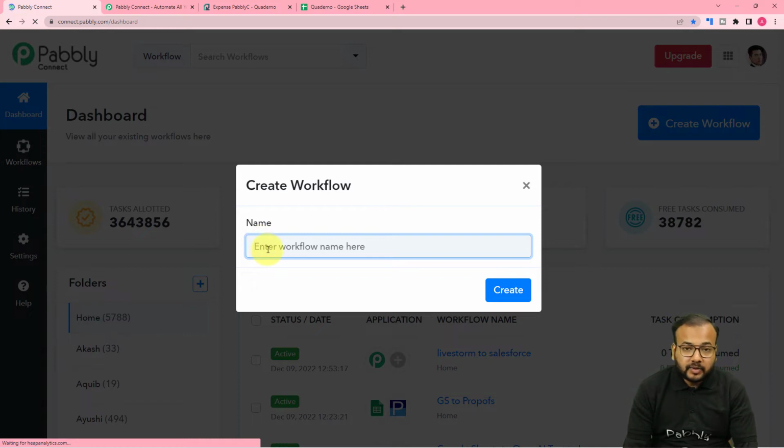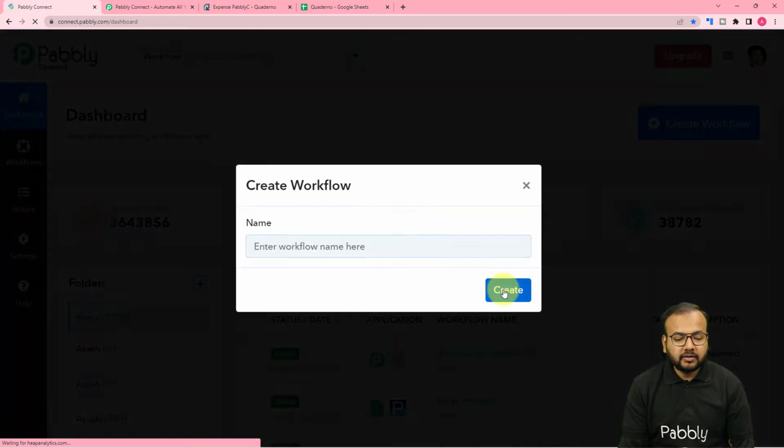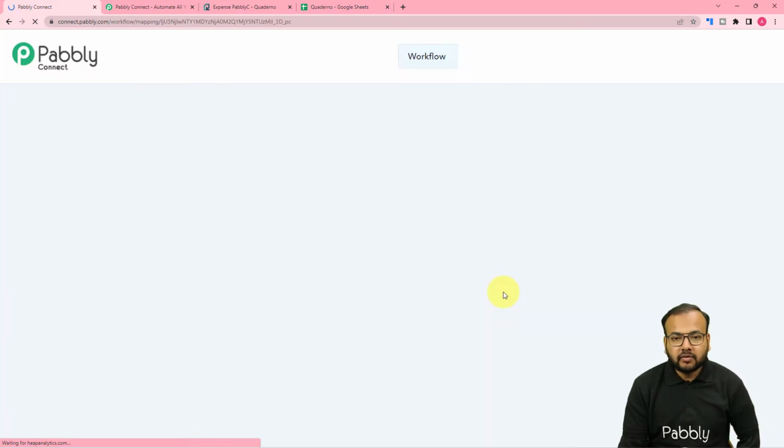Here you can give a suitable name to this workflow as well. So I am giving the name here as Google Sheets to Quaderno. Okay, and after giving the name, just click on this create button, and you can see your workflow page is